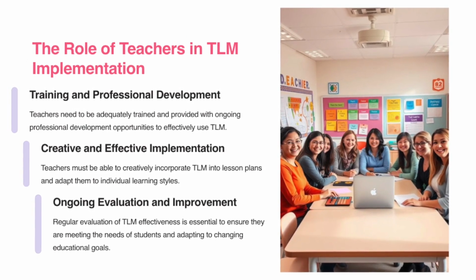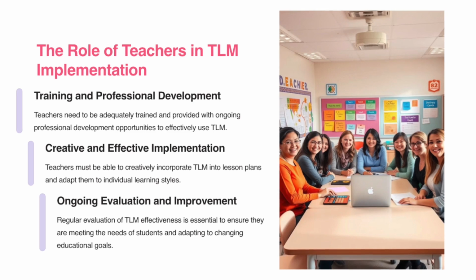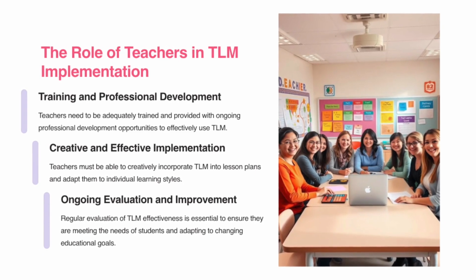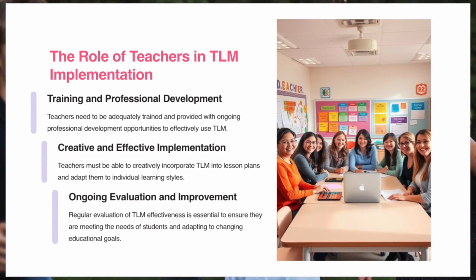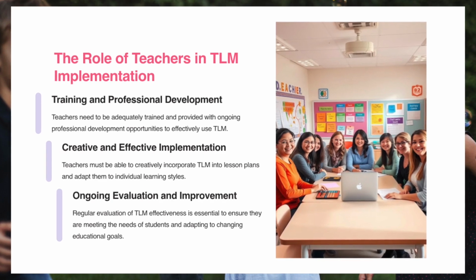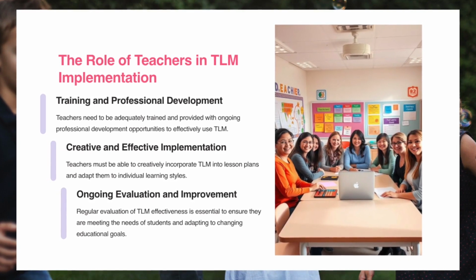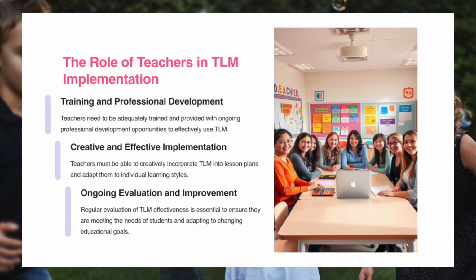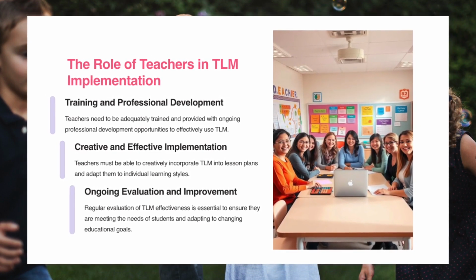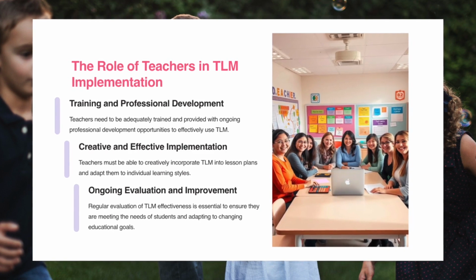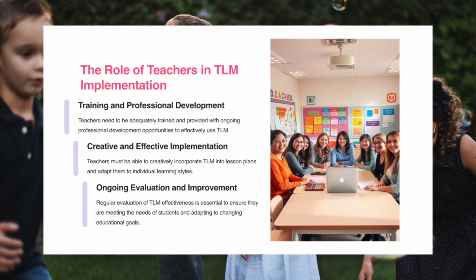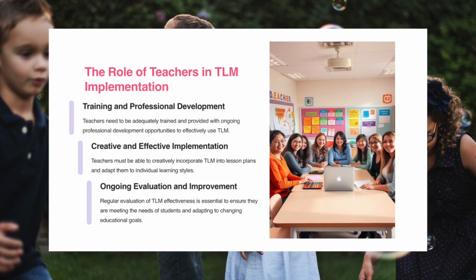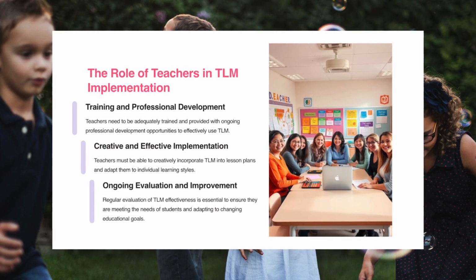Secondly, creative and effective implementation. They need to know not only how to effectively develop the TLM, but also how to creatively implement those TLM in the teaching learning process. So teachers must be able to creatively incorporate teaching learning materials into lesson plans and adapt to individual learning styles. Ongoing evaluation and improvement. Regular evaluation of TLM effectiveness is essential to ensure they are meeting the needs of students and adapting to changing